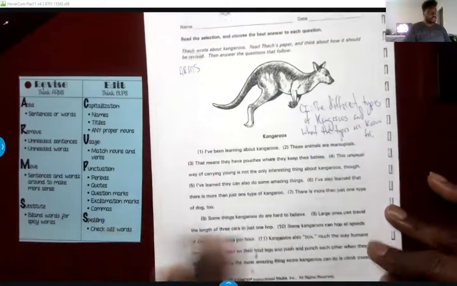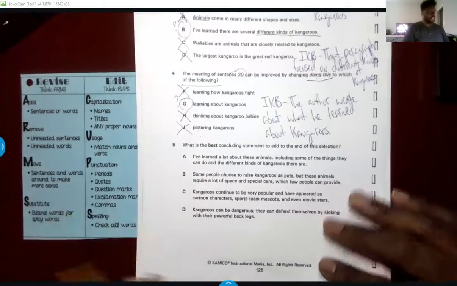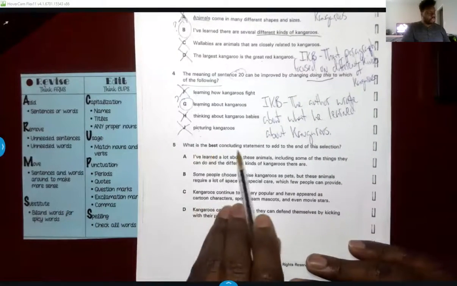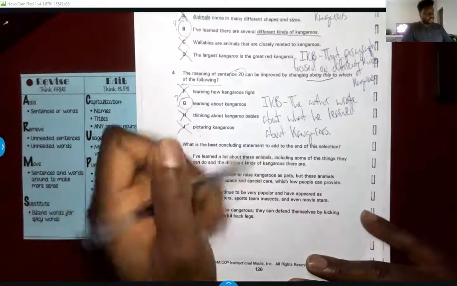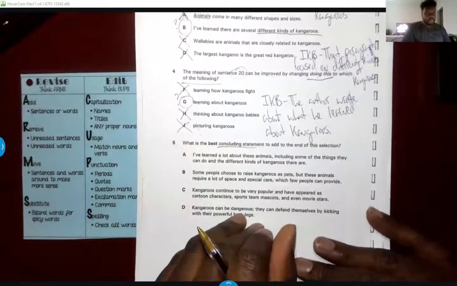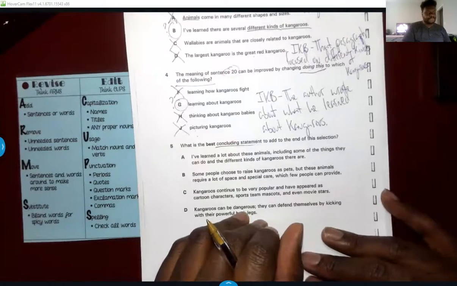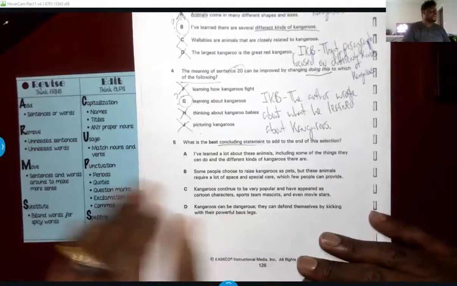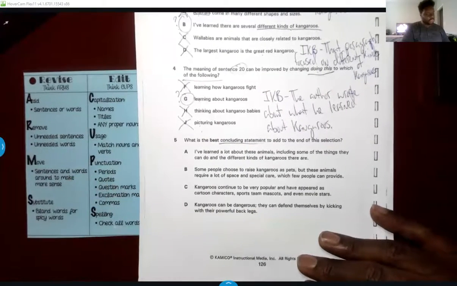So we have our last two questions, question number 5 and question number 6 today. All right, let's read question number 5. It says, what is the best concluding statement to add to the end of this selection? Concluding statement means that it is the conclusion, the ending part of our passage. So we're not introducing any new what? Any new information, correct. All the information that will be introduced here should be something we've already discussed, nothing new,